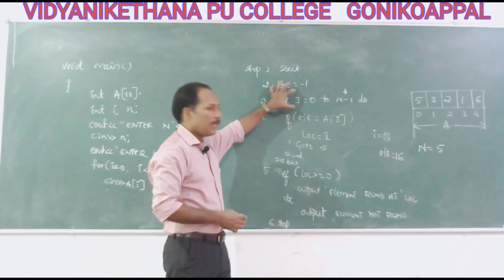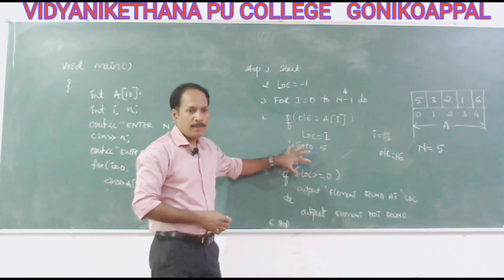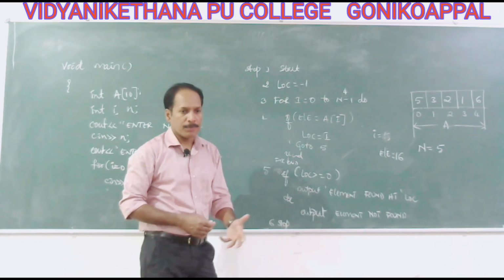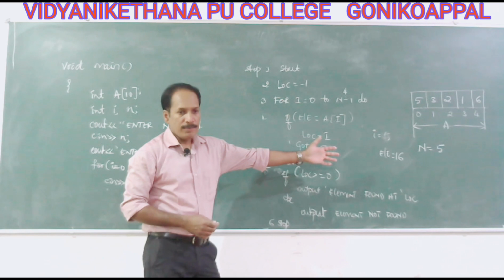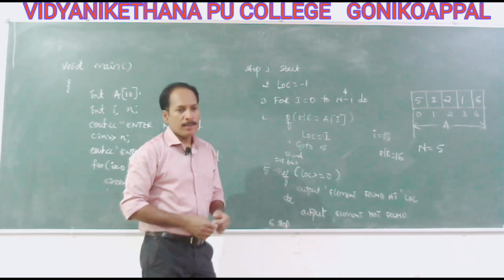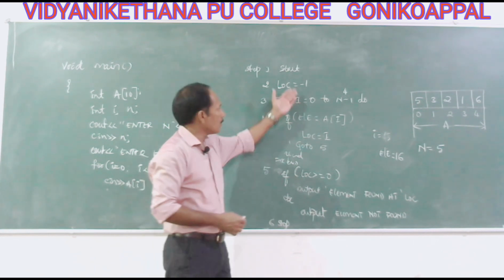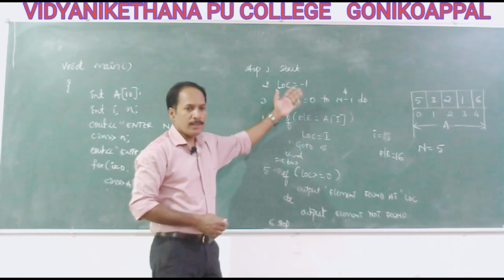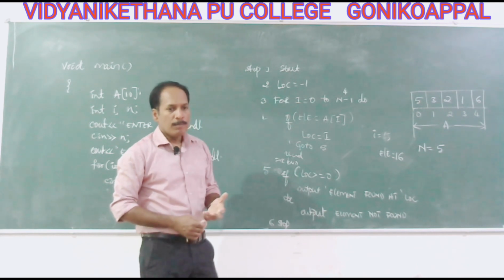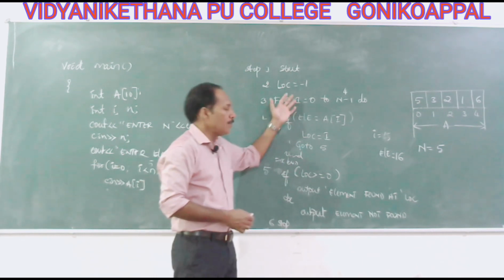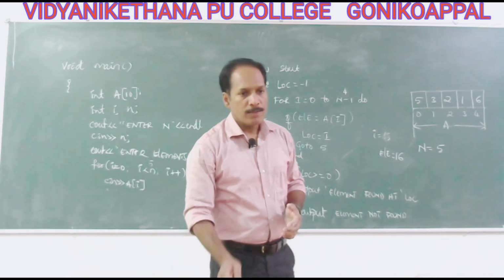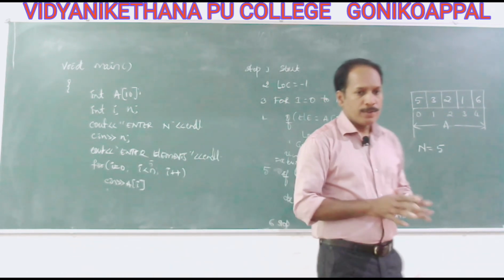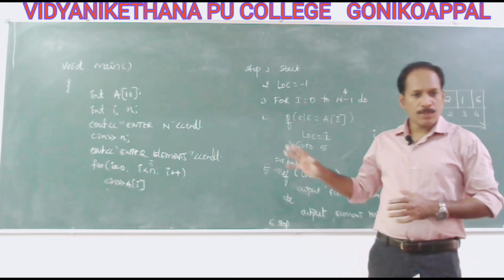So this LOC will make a mathematical conclusion. Mathematically, it makes the decision. That is, if the element is present, it should be some positive integer. If it is not present, it is a negative integer. That's how we did here. So the location helps to decide whether the element is present or not. So based on this, we write the search is successful or unsuccessful. I think you have understood this algorithm. So write down this algorithm.